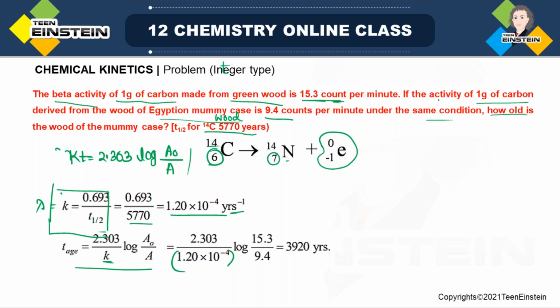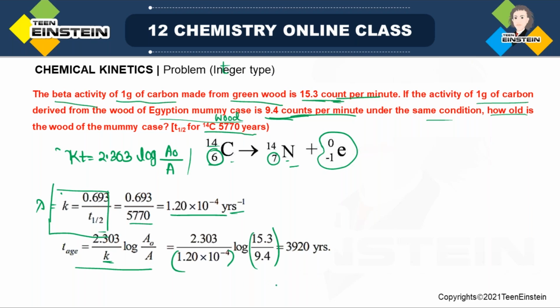So obviously the initial amount will be different, and as the unit is the same, counts per minute, when you take the ratio for the initial amount, and if you are wondering why we have written 9.4 as the remaining amount, the reason is that when it is old wood, most of the carbon has now been converted to the N element. That means the amount of carbon is now less. So the remaining amount of carbon, for which the value is 9.4,